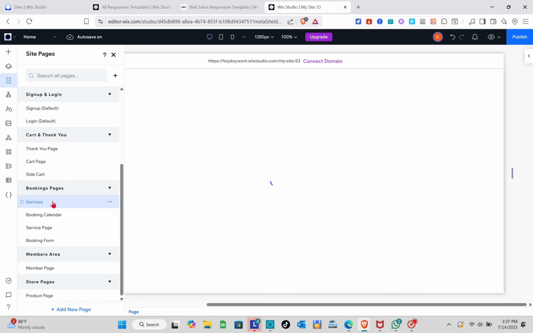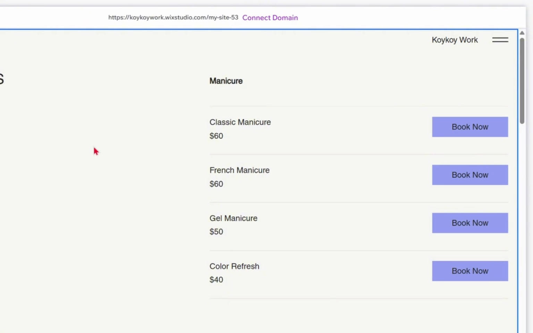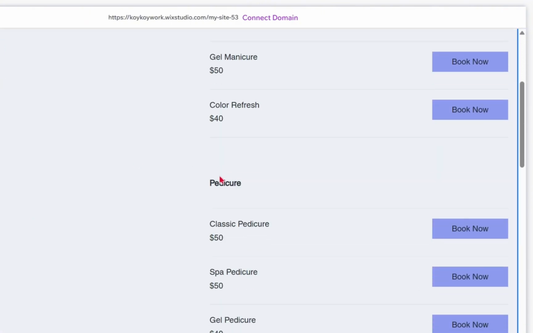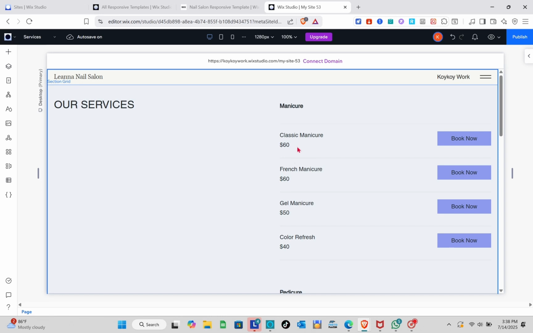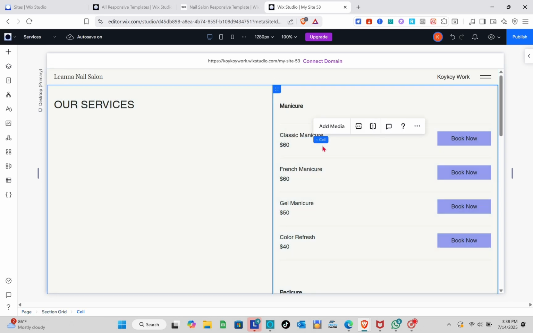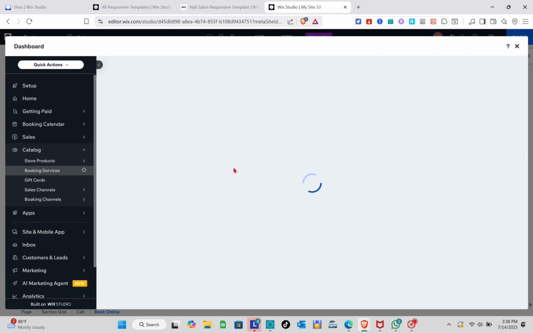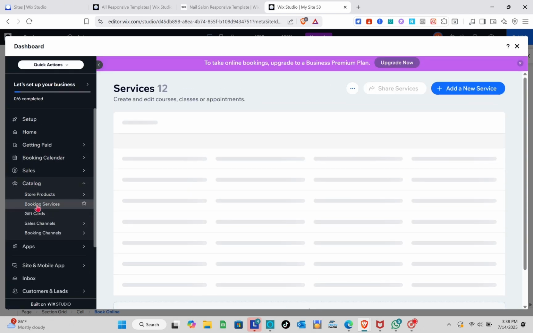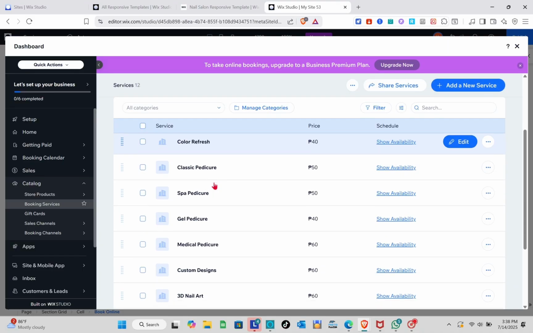So just click on the services. That's right, and then here you'll be able to see the different services that we can offer to our customers. But of course, we have to customize this one because this is not the service that we are offering. So you just have to click on it and then click on the button, and you'll be directed to your services dashboard. So for the booking services, we have the services right here,